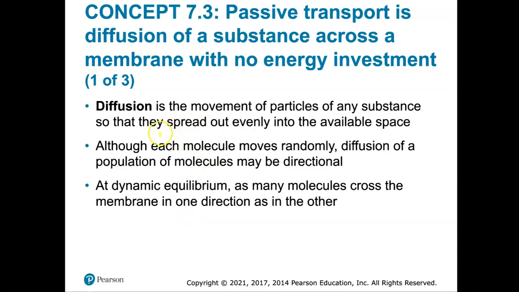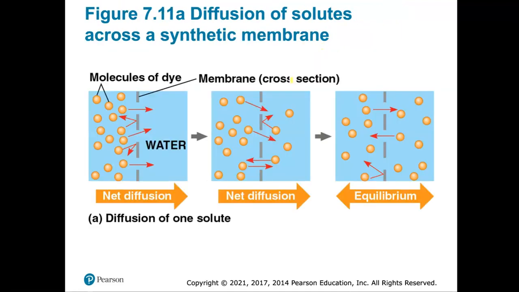We are now on part 2 of the chapter 7 recordings, and we're going to talk about passive transport, which is movement of a substance across a membrane without the use of ATP energy. So diffusion is a type of passive transport, but when we talk about simple diffusion, it's